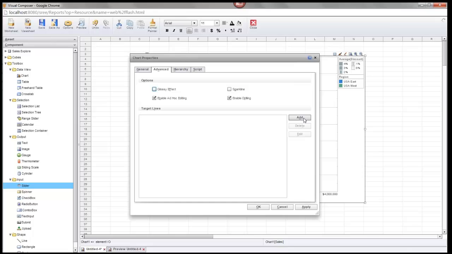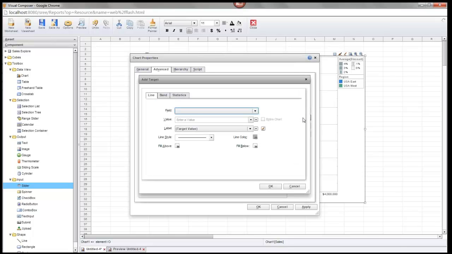And I'll show you one of the simplest ones. You can choose to put just a line on the chart, for example, at the mean or the median or the max or something like that. In this case, a band is just a pair of lines, so basically you specify an upper line, a lower line, and you can set colors in between and below and above. I'll just choose one of the simple statistical target lines, which is, I'll just choose the